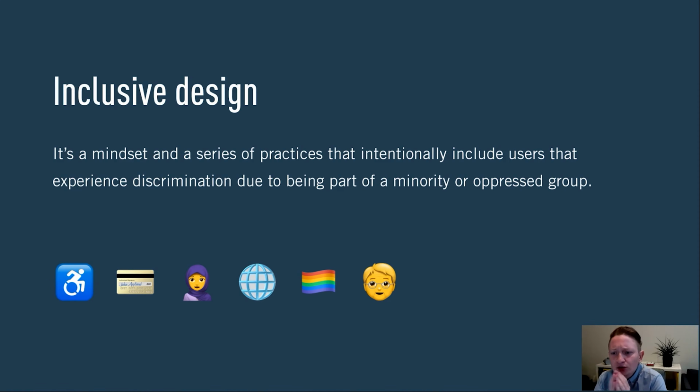But we also take into consideration all of those other dimensions that make up our identities. So whether that is gender, socioeconomic status, religion, cultural background, language, sexual orientation, age, ethnicity, you name it. And to me, you cannot call your design inclusive if you're not really aware of all of these aspects of people's identities,